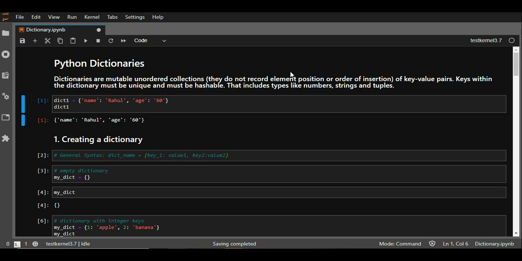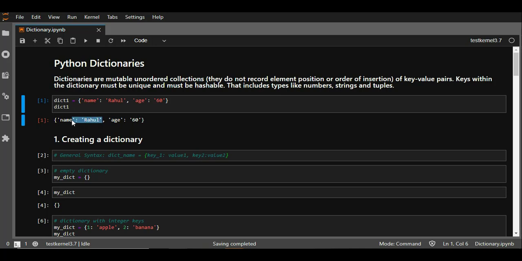Consider the name of a person with his age, occupation, and many other things that are linked with his name, right? So a dictionary stores this kind of data in the form of key value pairs that are enclosed inside curly brackets and separated by commas, whereas each key value pair is separated by a colon. Like in this case, my dictionary looks like this, right? It consists of two key value pairs which are separated by a comma.